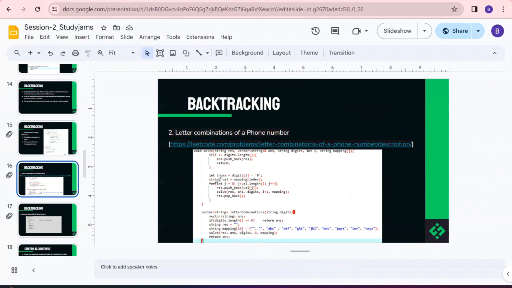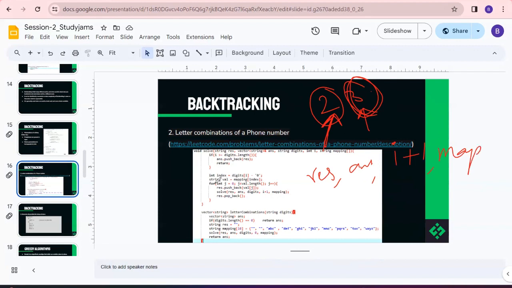Then we will just push that into the result string, and then proceed for a recursive call. You just need to do a recursive call on that result, answer, digits, and now increment the index, because you have already processed this thing. This index is done. Here you have taken the decision already. This decision is yet to be taken. So you just need to increment the index and do a recursive call. And at last you need to pop back